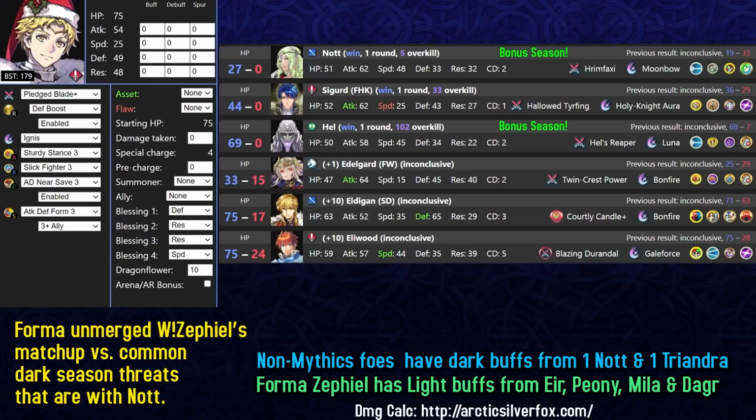Eliwood is not going to be doing much damage to him, it's just a stalemate, and he can pretty much kill him in the player phase. Eliwood has kind of fallen off in Vault of Heaven in my opinion, so he's not going to be that big of a threat, and his lunge is going to be disabled by your near save, so that is really good. So unmerged Winter Zephiel actually performs pretty decently,